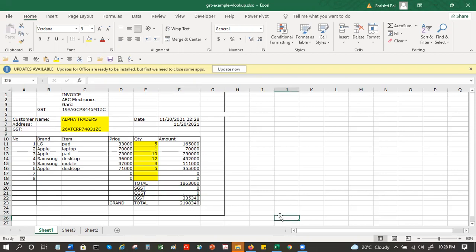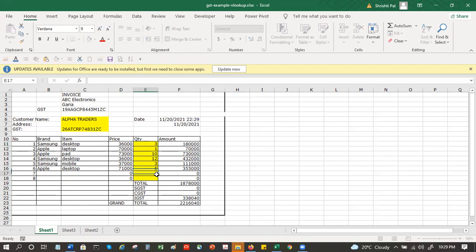And I have here my different brands and different items. So suppose from the brand list, I choose Samsung, and from the item, I choose desktop, the price changes to the Samsung price from the price list. All that the salesperson has to do is plug in the quantity.